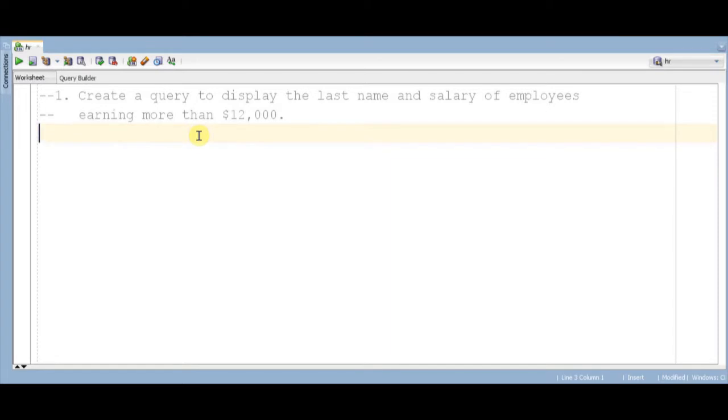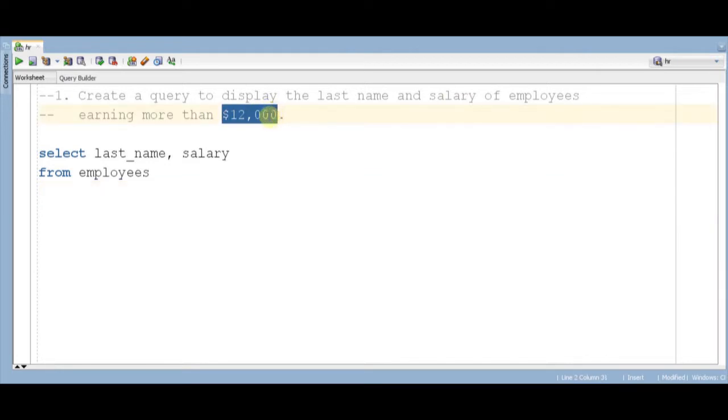Create a query to display the last name and salary of employees earning more than $12,000. Select, they want last name and salary. So last name, comma, salary from the table employees. And there is an added condition here that the employees should have salary more than $12,000. So that goes in the where clause, where